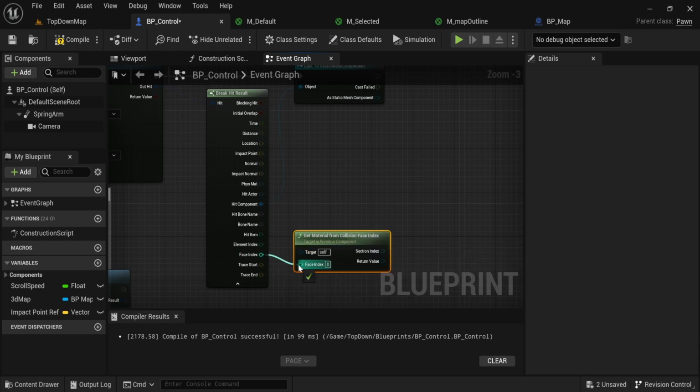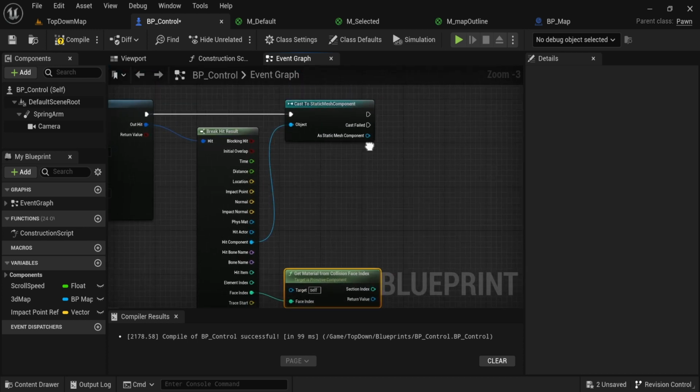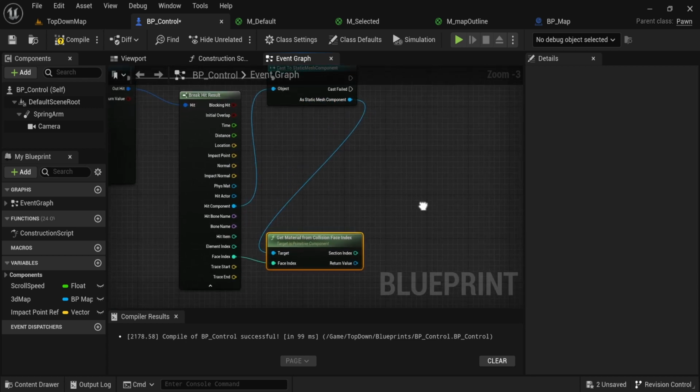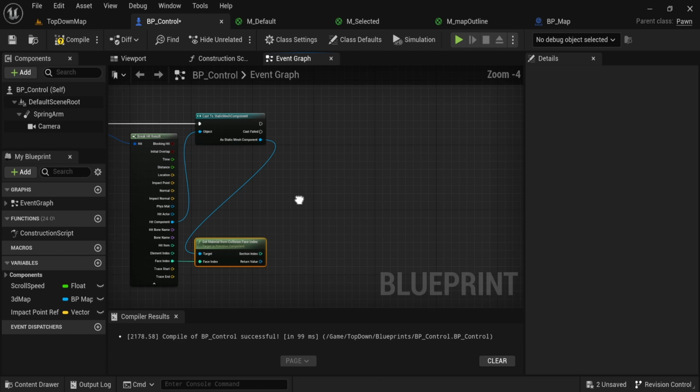Face index should be put in here, and the cast as static mesh component should be into the target. Good. Now, what we can do, compile and save. If you want, you can put a print on this and see what it returns. I won't be doing that. I will be directly